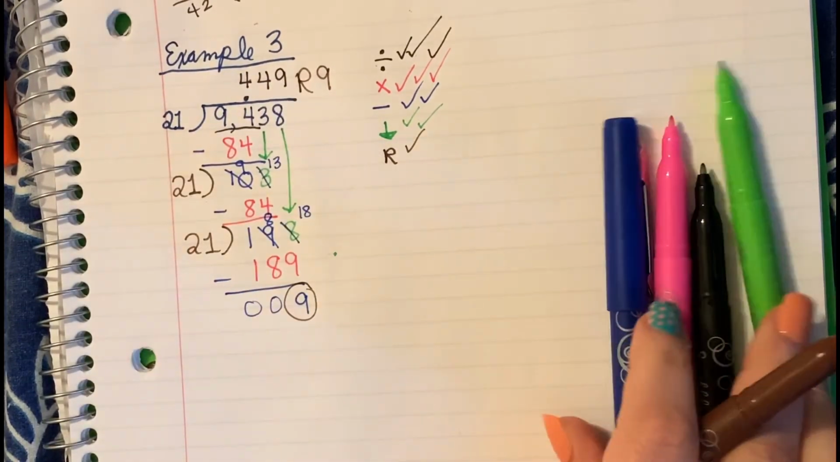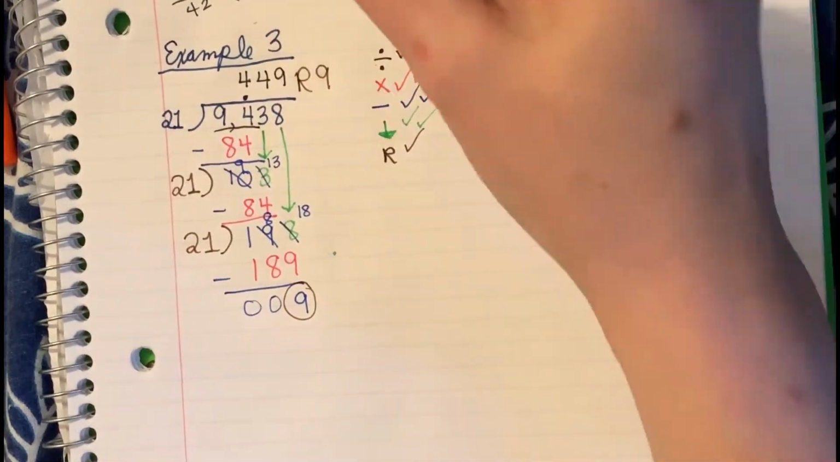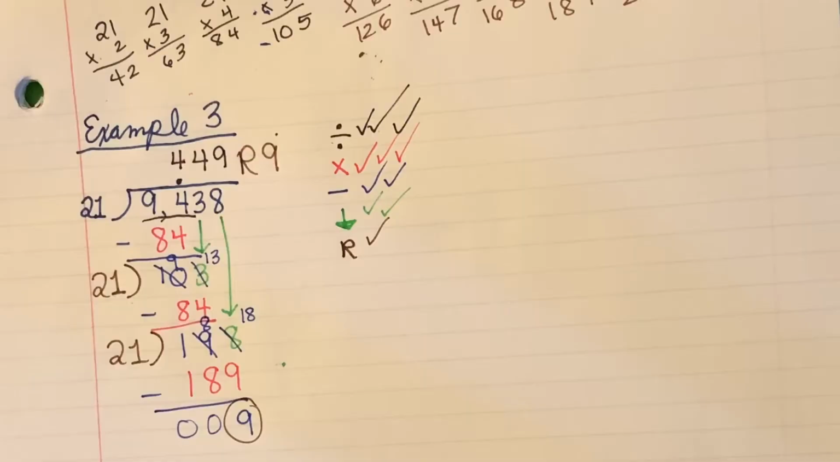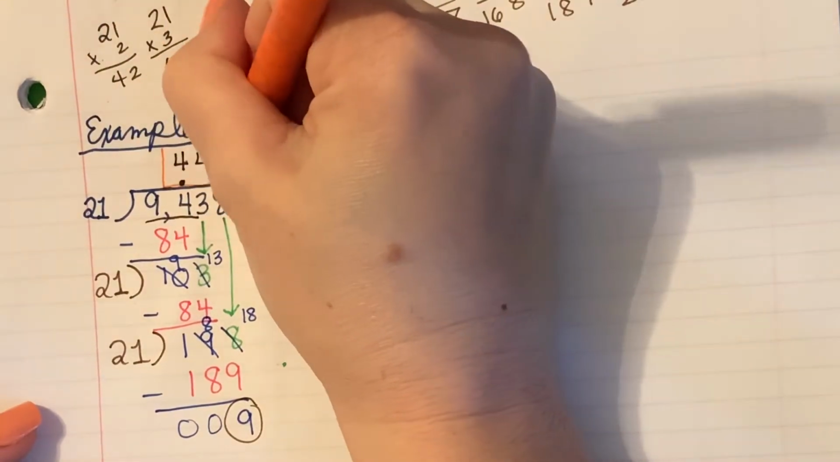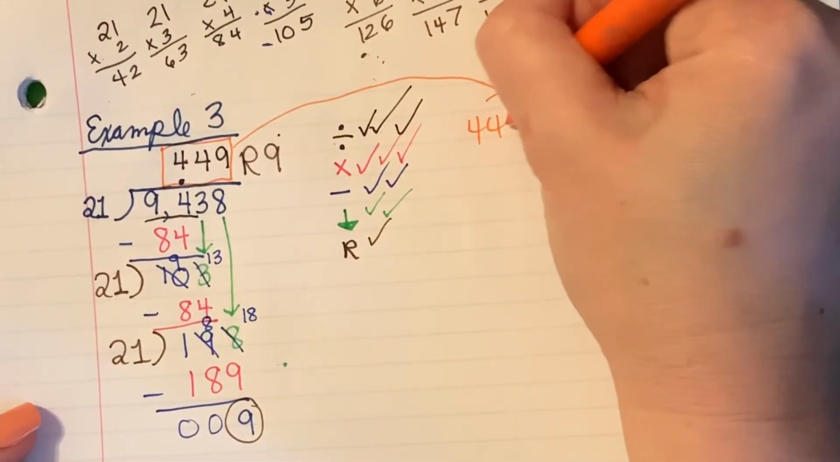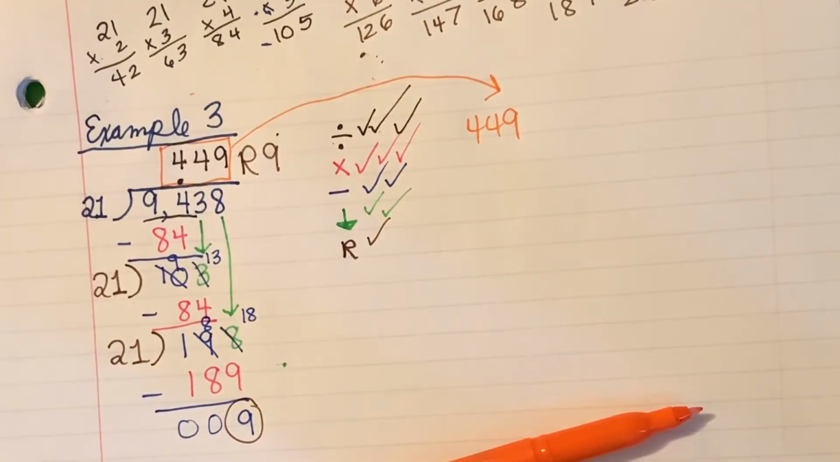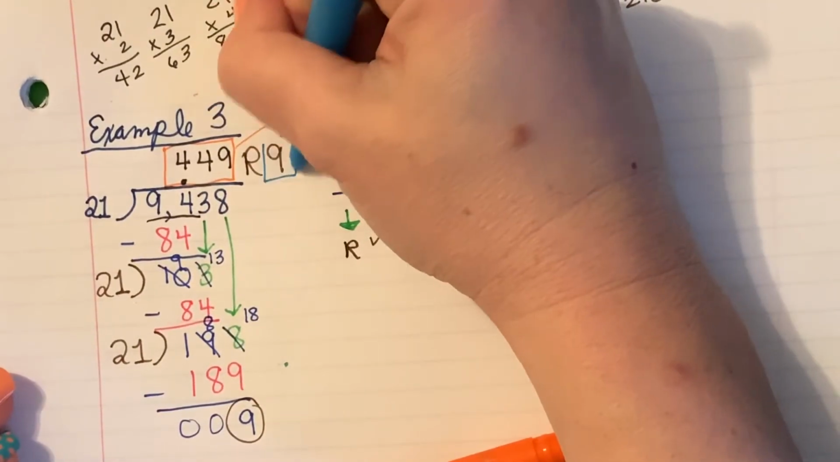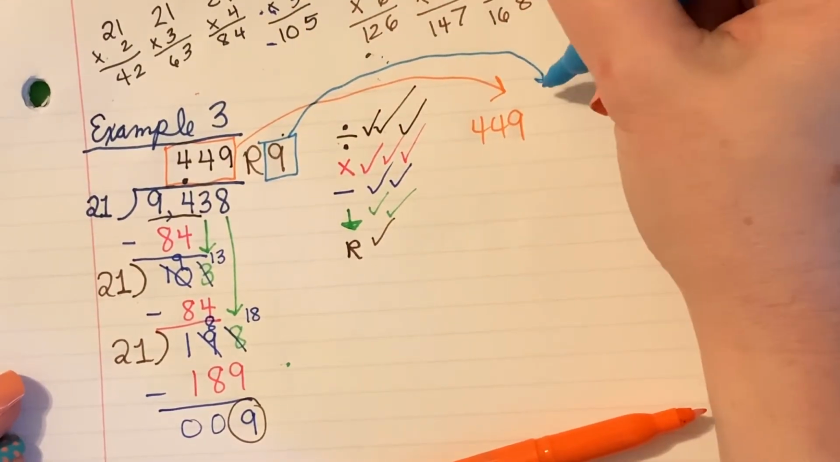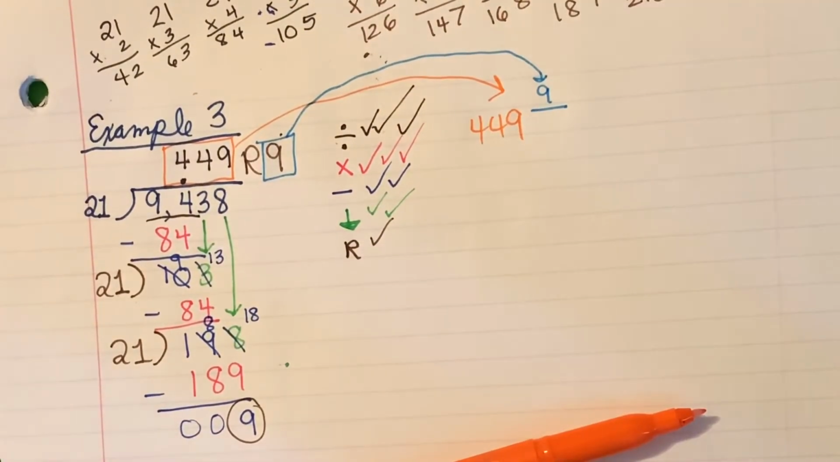But like I said, once you get to middle school math, you can't leave it this way. So let's go ahead and do our thing. This is our whole number, 449. We're going to move it over there. 449. Our numerator is this 9 right here. The remainder is the part. Remember the part left over? So 9 is the numerator. And 21